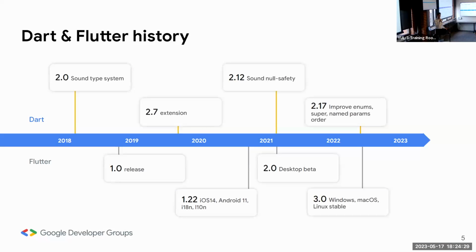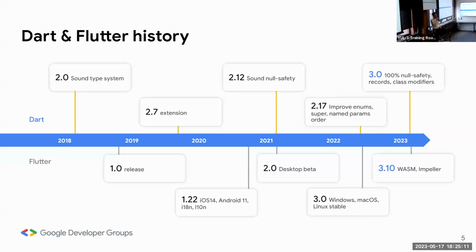So just to check the evolution of Flutter, it starts very slow. I think the community wasn't big at that time, and just people try, and the community gets bigger and you have new features. You have, for example, null safety, something that Kotlin already has. And for Flutter, you have the desktop compatibility, the web, and so it's stable on Windows, macOS, and Linux. And last